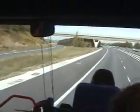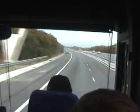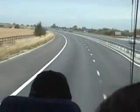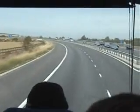Beside M11, which leads to Cambridge from London. It's the view of the highway. On the left was A11. 3 lane. Right one is for taking